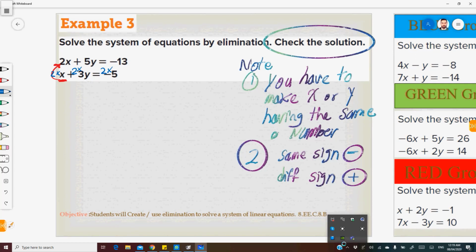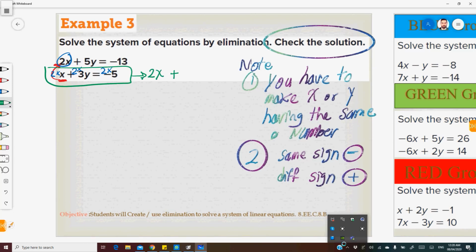And you know why I'm multiplying it by 2? Because I want to make it the same as the 2x which is above it. You understand? Because for some of the questions I have to multiply by 3, for some different questions I have to multiply by 4. It depends on the number of x. So if the number of x here is 2x, I have to multiply the blue equation by 2. Okay, after multiplying this equation by 2, it will be 2x